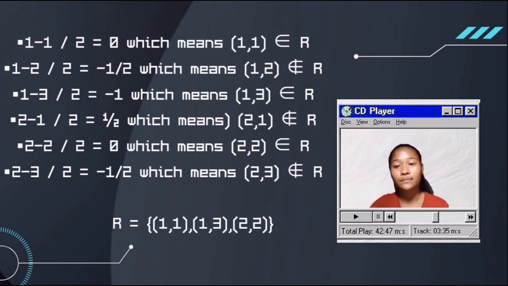And lastly, 2 and 3 is not an element of relation R because (2 minus 3) over 2